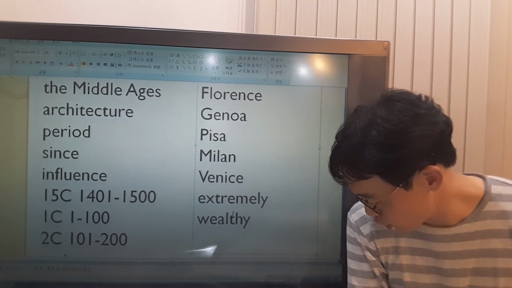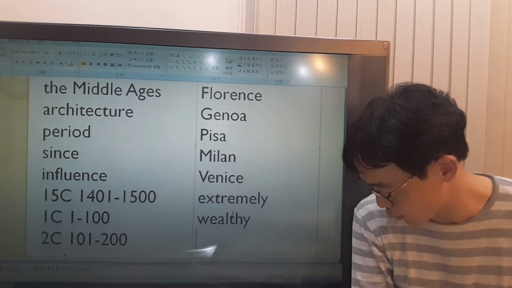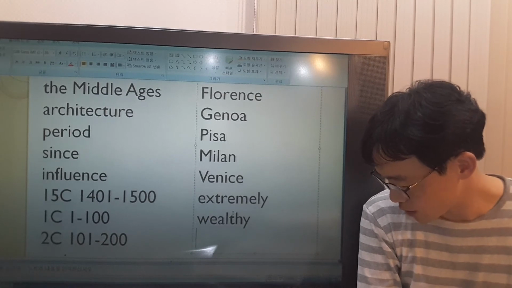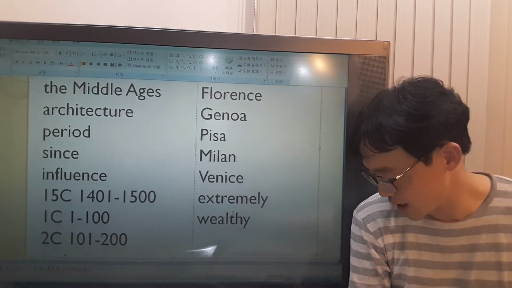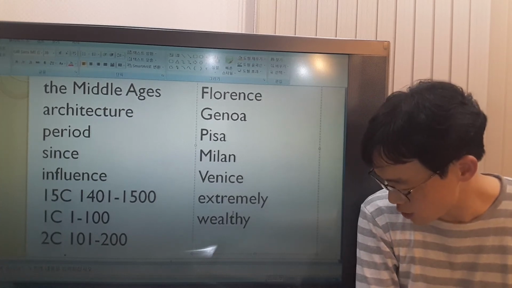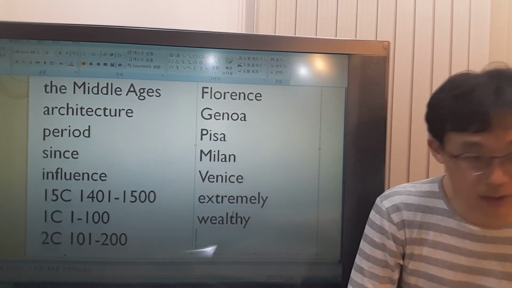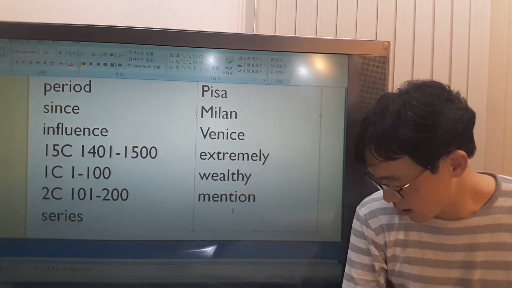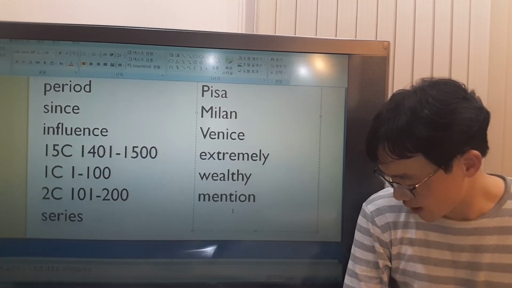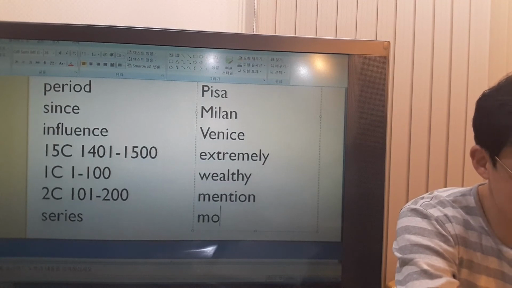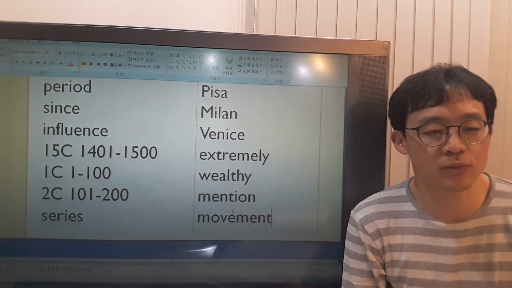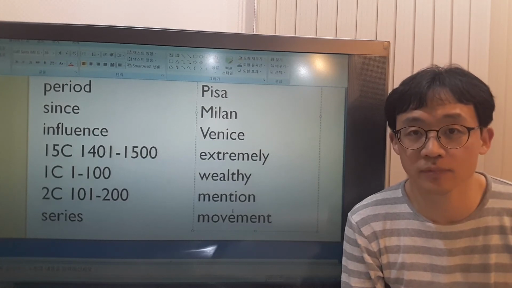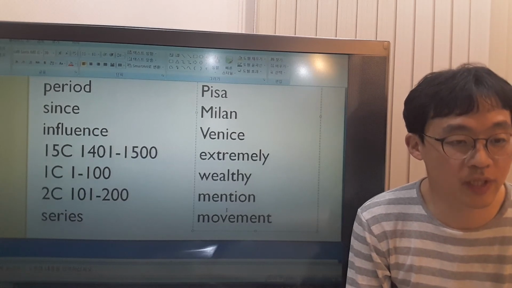Wealthy and powerful. Just so you know, I mentioned Florence first because the architectural movement of the Italian Renaissance began there. I mentioned, just so you know, what does that mean? I'm saying this just for you to know. Okay? Just so you know, I mentioned Florence first. Mention, what does that mean? Mention means to say something briefly, shortly. Because the architectural movement of the Italian Renaissance began there. Architectural movement. What is a movement? Movement is a group of people having the same thought or aim, okay, or idea or opinion, okay.